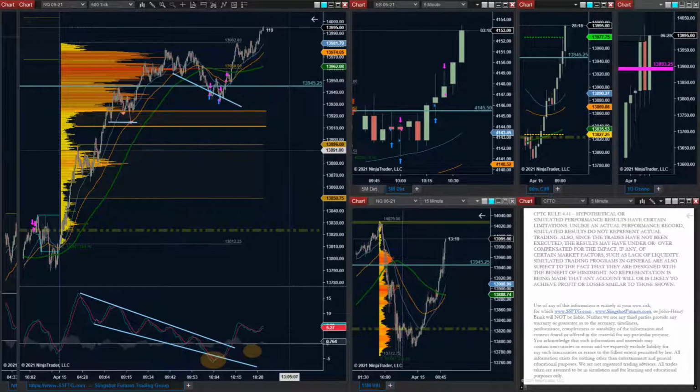This is a perfect example. I want to get in long here. I love the bounce here, but I'm not willing to hold it if I'm not right straight away, because that's what I want to see here. I want to see this thing lightning bolt out of there. That's what I was looking for. I didn't do that. So I exit with a small loss.